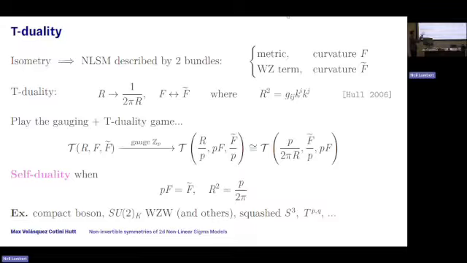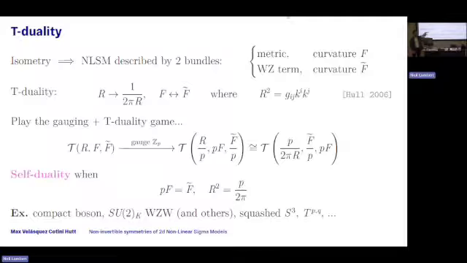And now I'm meant to demand that that's the same as the theory I started. Okay, and that's true precisely if this condition holds, which tells me that the radius of the S1 that the Killing vector generates takes a particular value, and there's some constraint on the topology of the target. So we already saw that the compact boson and SU(2) Wess-Zumino-Witten satisfy it. Other Wess-Zumino-Witten models also satisfy this constraint.